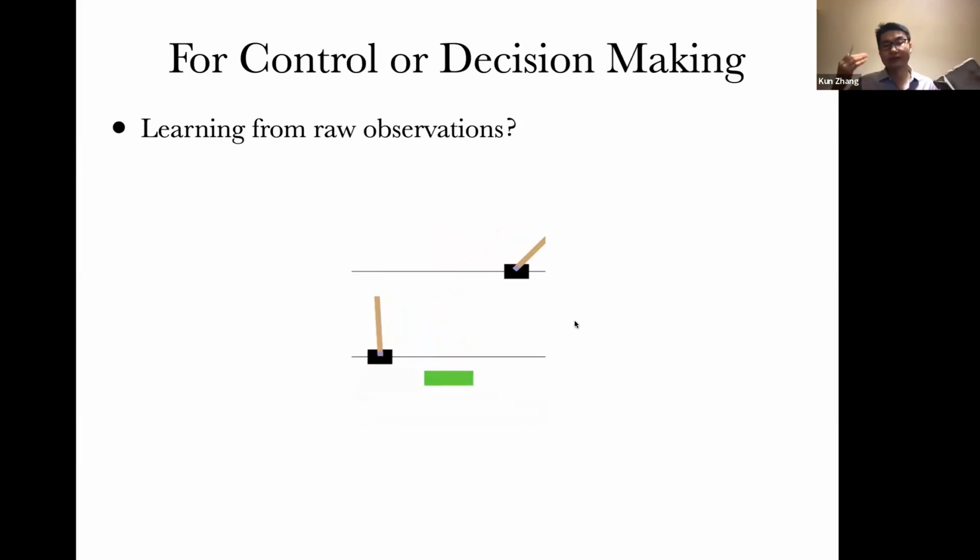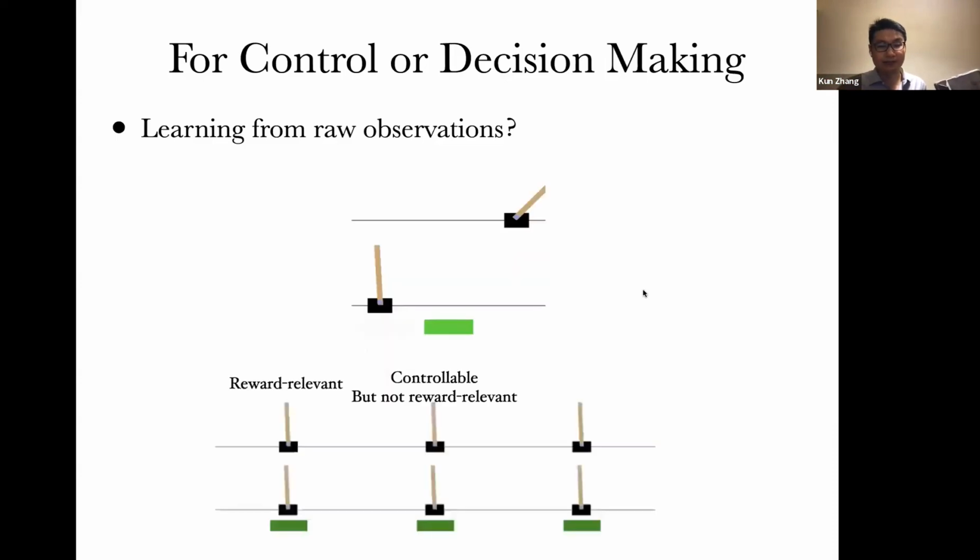And now we have to learn the underlying representations. We have to see the relationship between the underlying representations, the macro variables, and the pixels. At the same time, we have to see what factors we have to pay attention to when we make decisions and so on. So later you can see we have some results on this modified cart-pole environment. At the very bottom, you can see we derived some state representations. On the very left, you can see, let me play them.